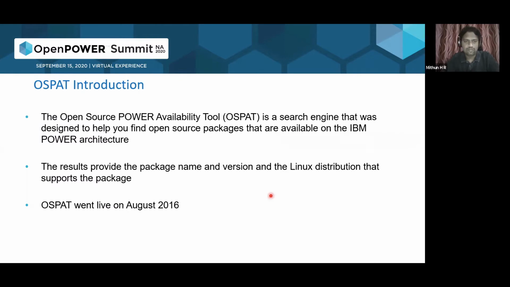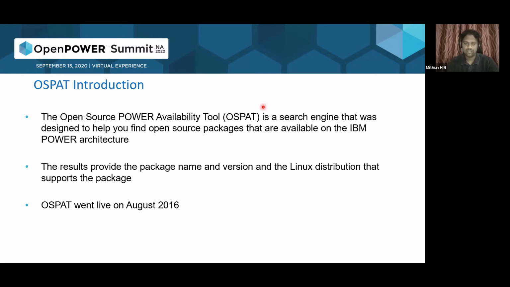So coming to the point, what exactly is OSPAT? OSPAT is an open source power availability tool, which will help users who are using Power as an architecture and want to port a particular software onto Power and see if a package is available on Power.